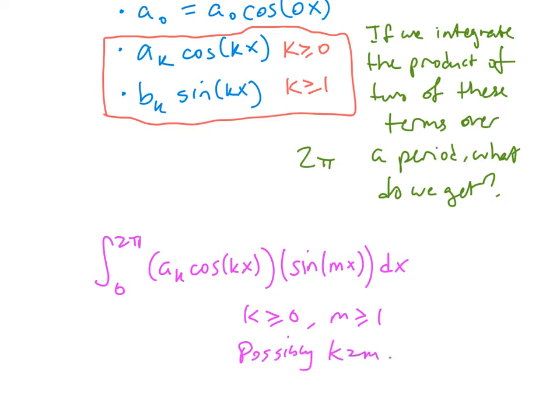So it's possible that they're equal. All right, and we're going to do this little trig integration exercise. You'll remember from the start of the semester, this is one of those where we might have used integration by parts. So we might have identified one of these pieces as a u and one of them as a dv, and then write down, okay, this integral is uv minus integral of v du,